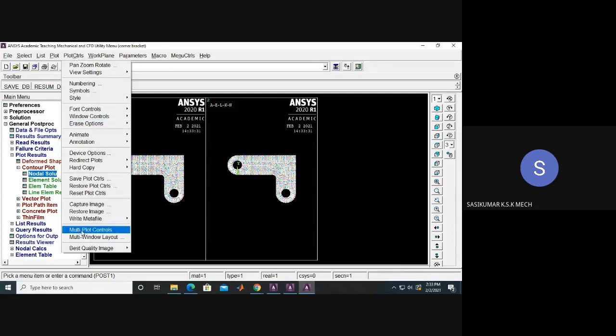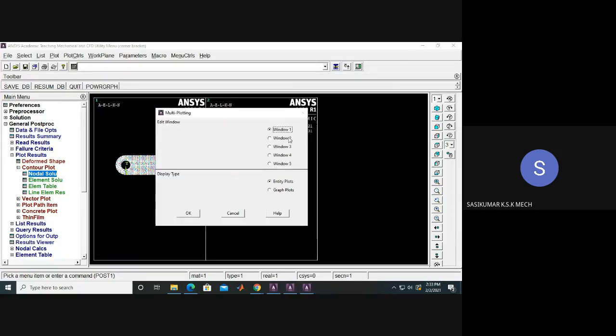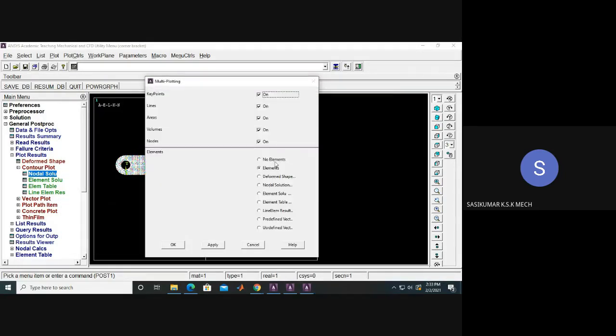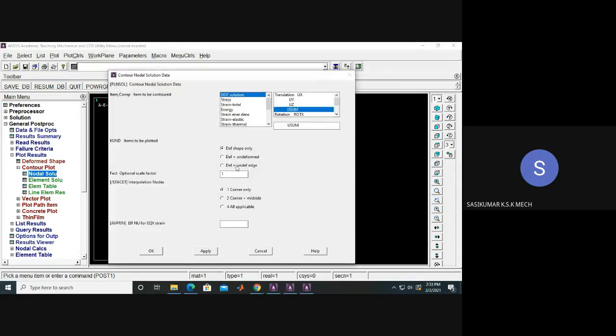Plot control, multi plot control, window 2, just give OK. And nodal solution, just give OK. Stress, von Mises stress, just give OK.